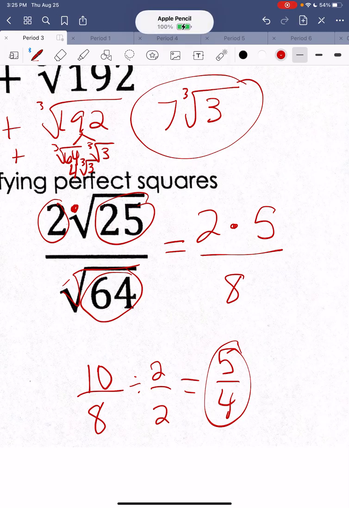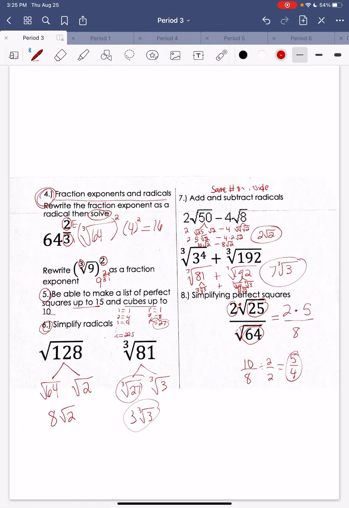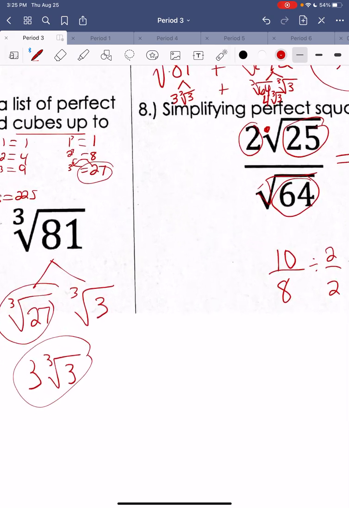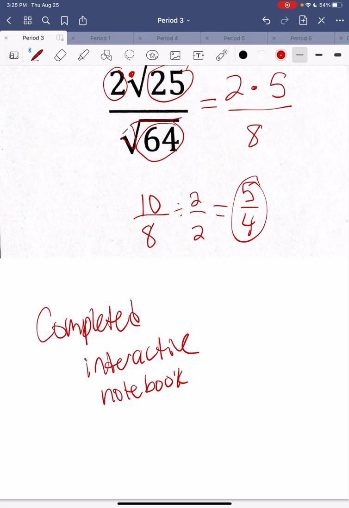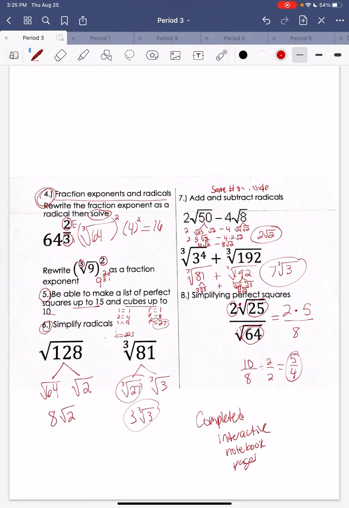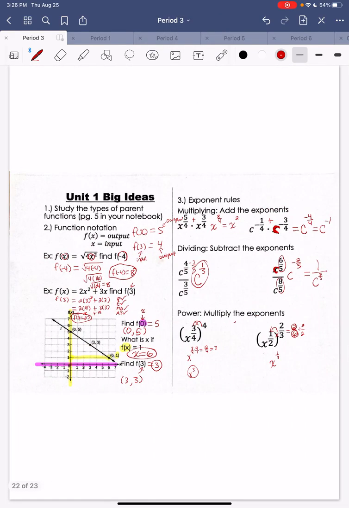Okay, so these are the general ideas, and I did go through them kind of quickly. So if you need more in-depth review, go to the module. I will write it down right here in Canvas. You scroll all the way to the bottom. It's called Completed Interactive Notebook Pages. There are videos in each of those sections that you can watch to get extra help, and there are also the notes we did in class. So these are all of the general ideas you need. If you need any help on any individual practice test questions, just please message